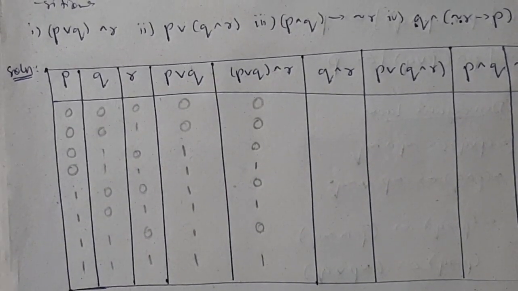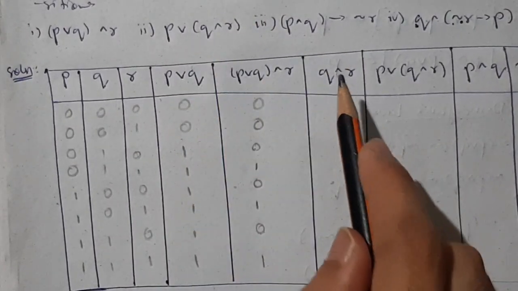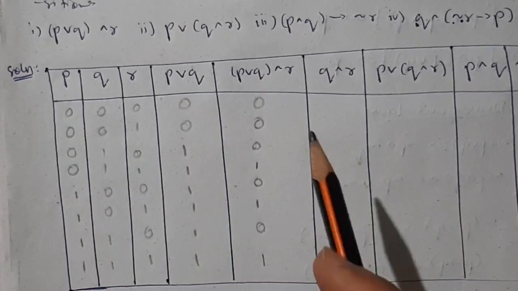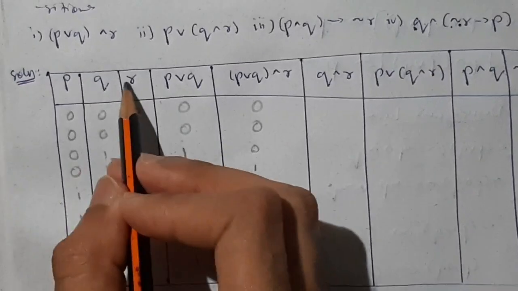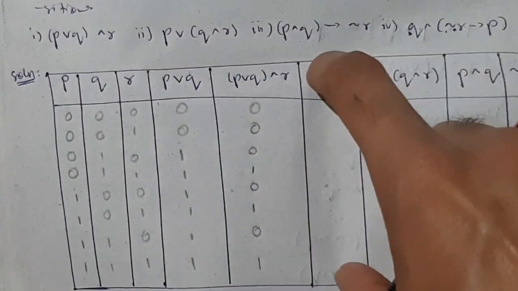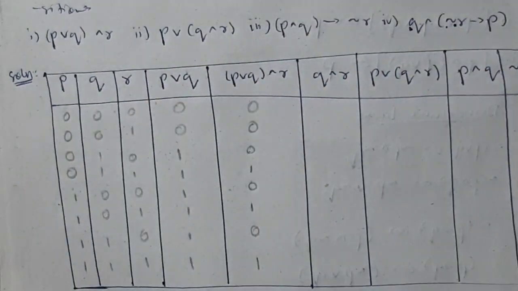Then for the next question you can just make the Q and R here only. Okay, you need not make another truth table for P, Q and R. You can just make it here only. Okay, so what we have here, Q and R. So find the values of Q and R and put here, then write P or Q and R. So after, consider Q and R or P, then write it here. Similarly you have to do for all the questions.